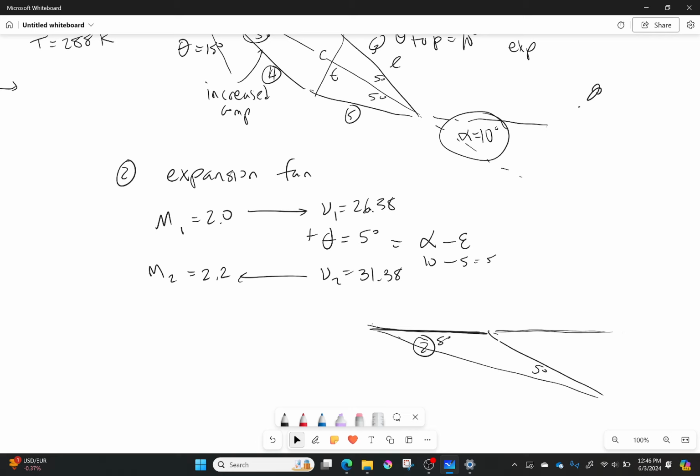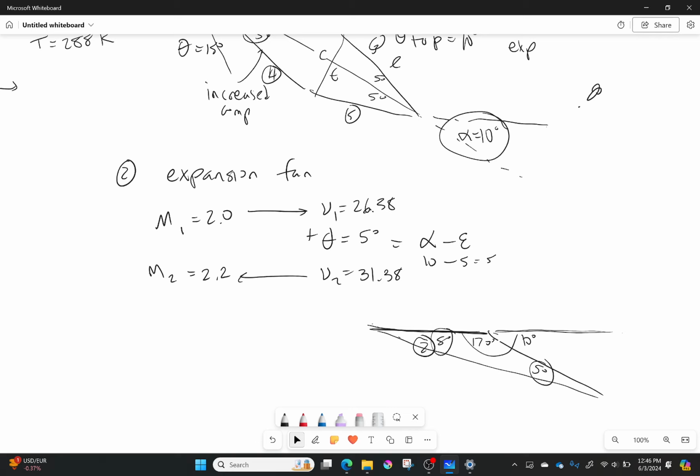Okay, so let's do this. First off, this is an isosceles triangle. So I have 5 degrees here and 5 degrees here, which means that this guy right here is 170 degrees. Woo, that's a big angle, because remember, there's 180 degrees in a triangle. And then I know that for a half circle, there's 180 degrees, which means that this guy right here has to be 10 degrees. So even though you probably thought your deflection angle was going to be another 5 degrees,